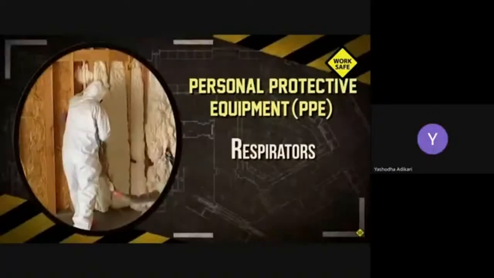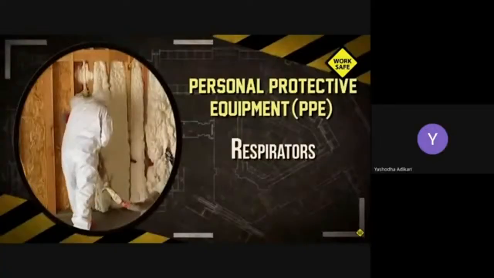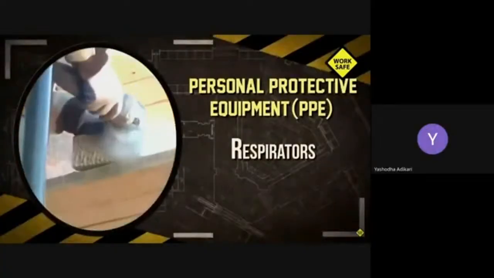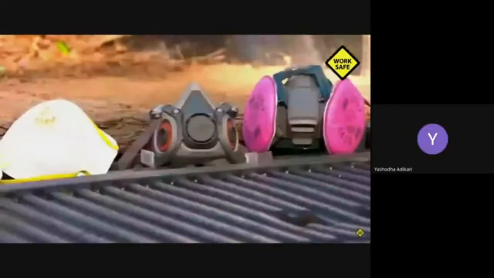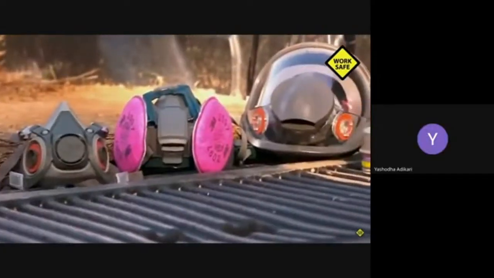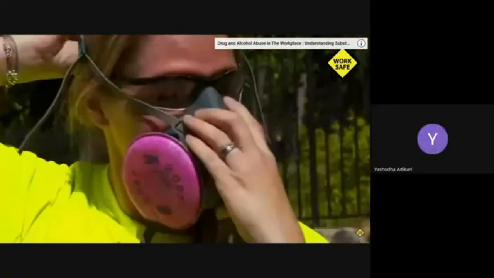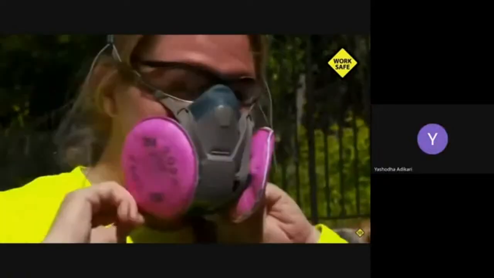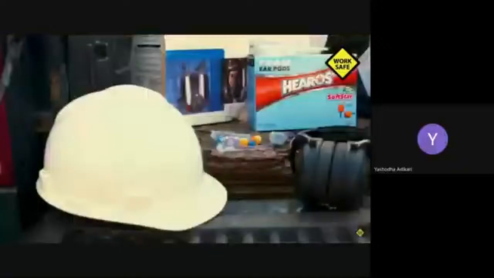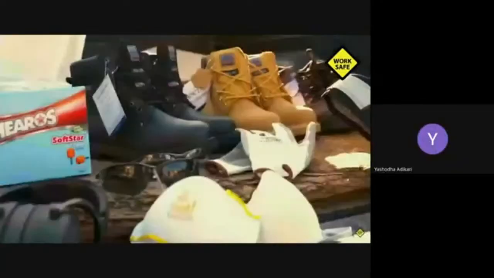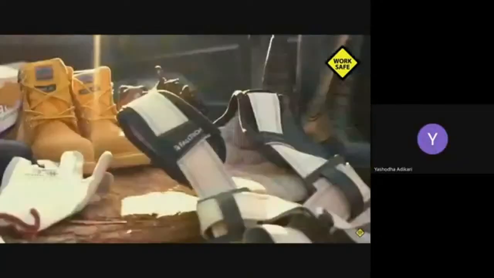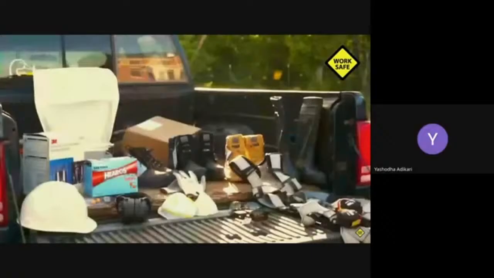On the job site, there are some common materials like paints, lacquers, insulations, sealants, and dusts that can harm you if inhaled. This is one of the most common ways chemicals can enter the body. When used, respirators can remove contaminants from the air. The most important step in using any kind of respirator is to ensure a proper fit to protect yourself from harmful dusts, mists, gases, vapors, and sprays getting into your respiratory system. Using the right PPE is one of the most important safety tips to prevent serious injuries when working on the job site. So be smart and be safe.